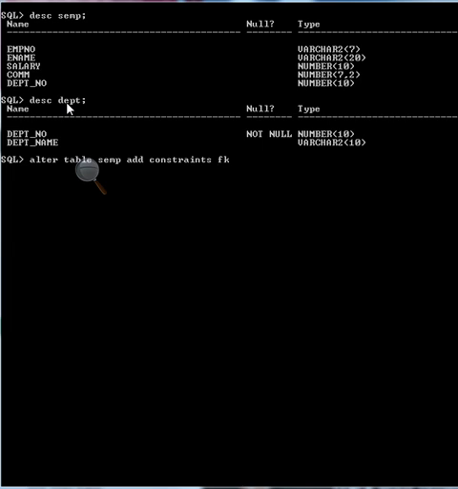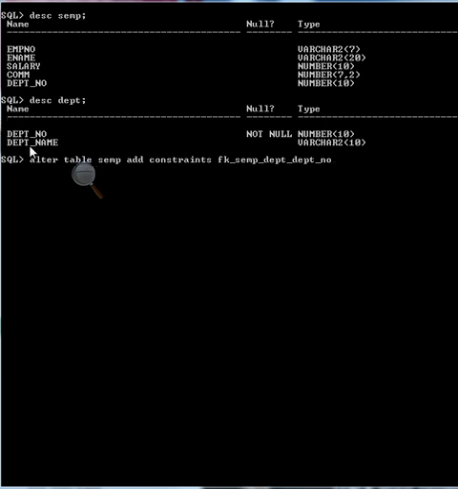Suppose I want to give it the name FK underscore name of the table SEMP, then the name of the other table DEPT, and the name of the column on which we want to create the foreign key, department number.